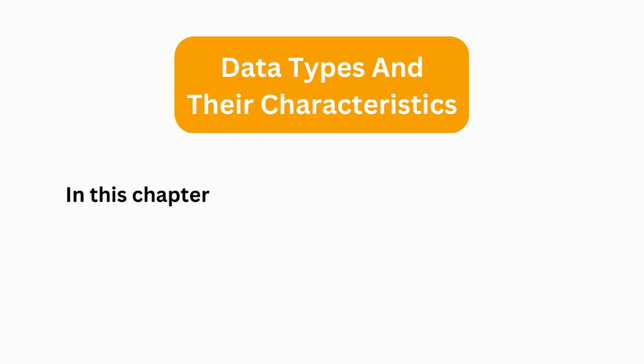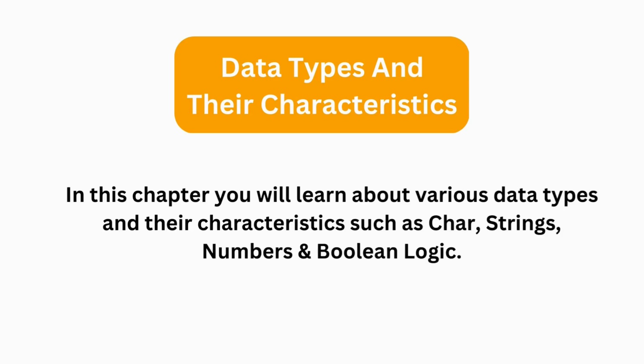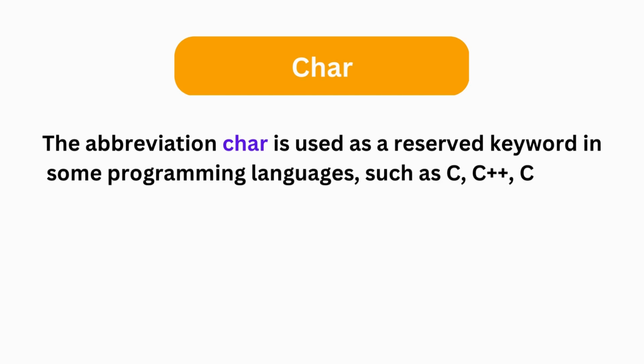Data types and their characteristics. In this chapter you will learn about various data types and their characteristics such as char, strings, numbers and Boolean logic. Char. The abbreviation char is used as a reserved keyword in some programming languages, such as C, C++, C#,